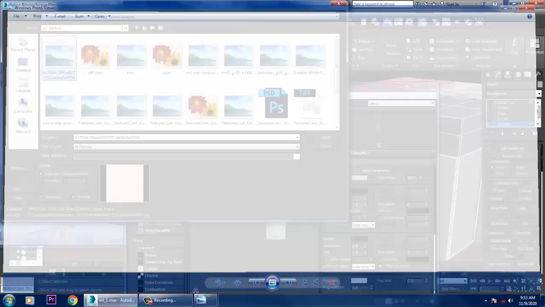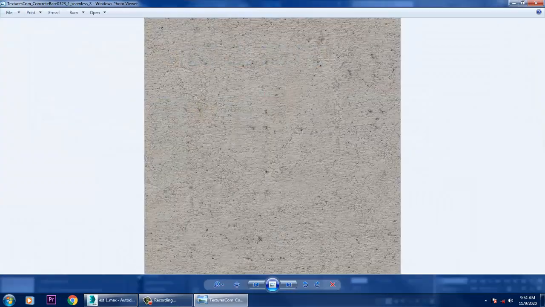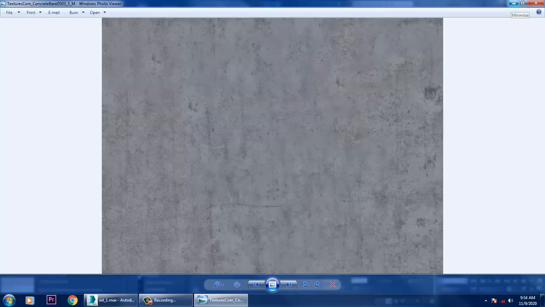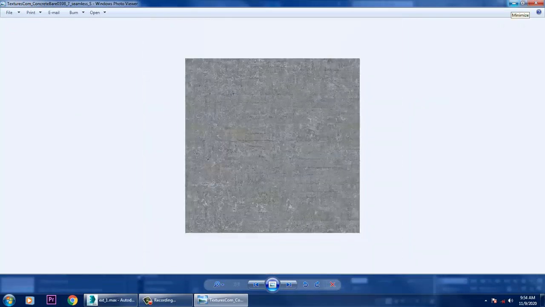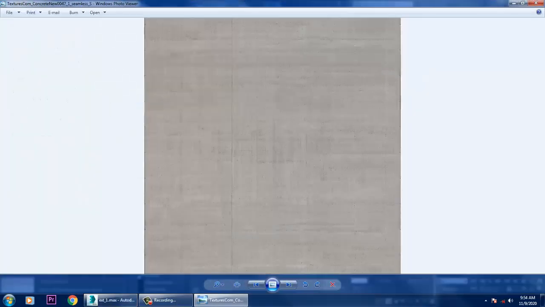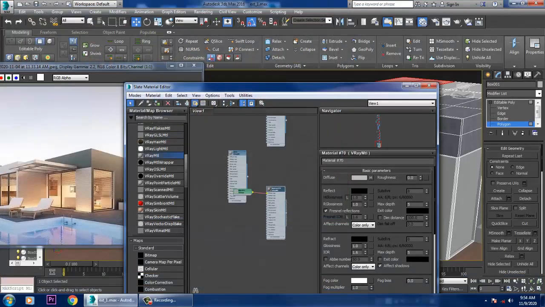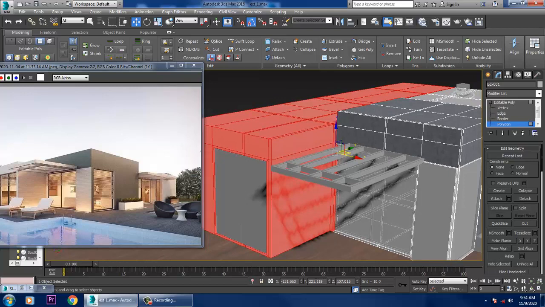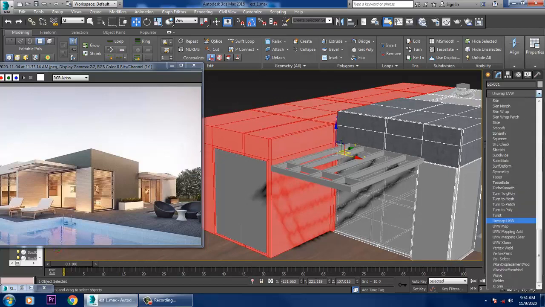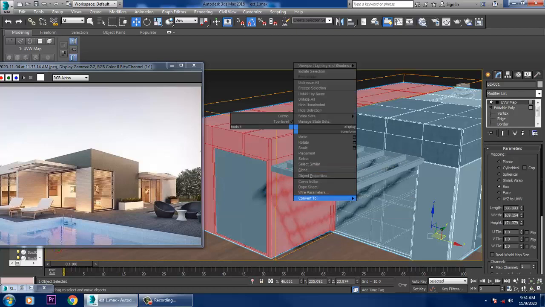Let's just take this texture. I think this looks perfect. Okay, so assign this texture properly over here and give a UVW map and convert to editable poly.